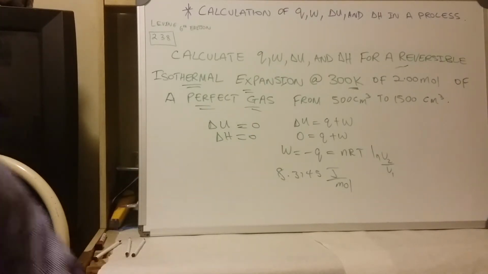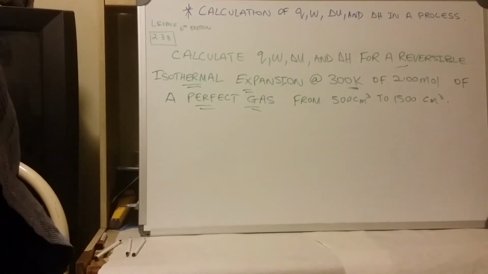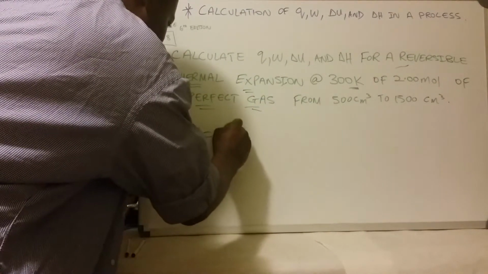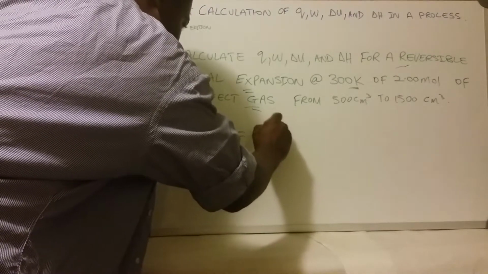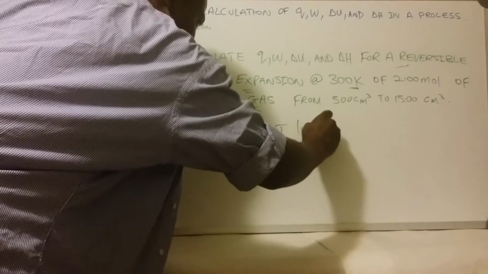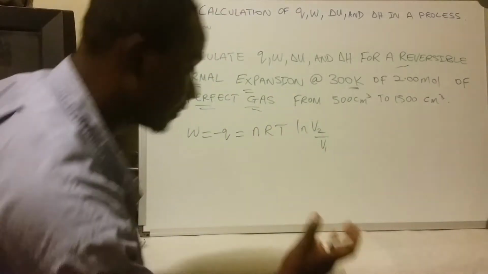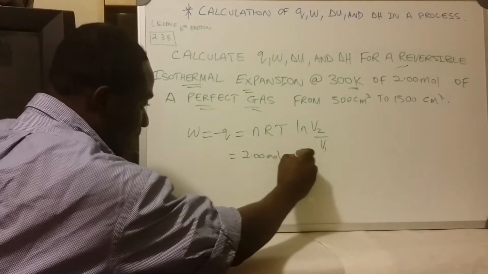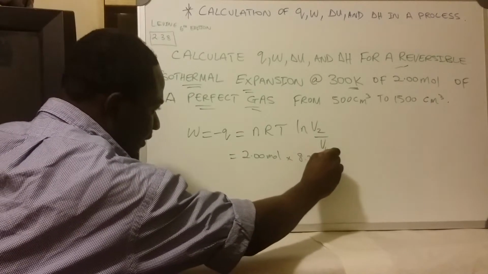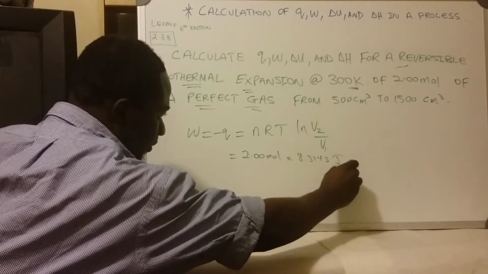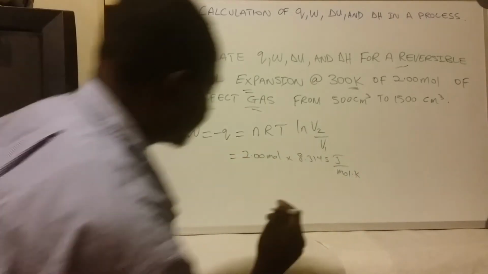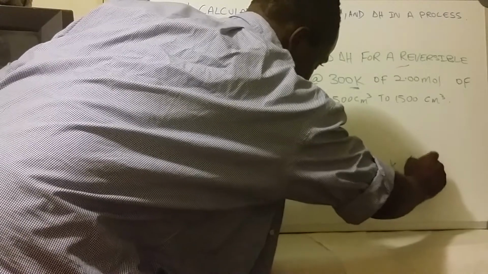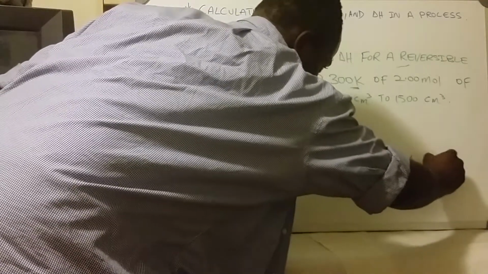So let's work it out. So let's solve. We have W is equal to minus Q, which is equal to NRT ln V2 over V1. So just plug it in. So we have 2.00 mole times 8.3145 joules per mole Kelvin times 300 Kelvin times ln of 1500 over 500